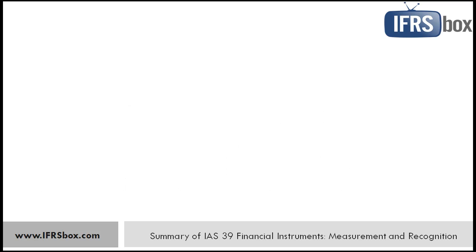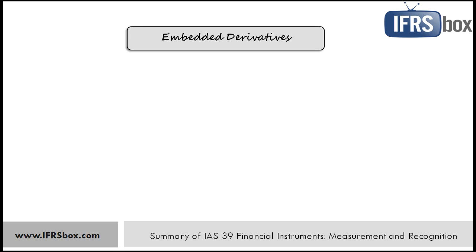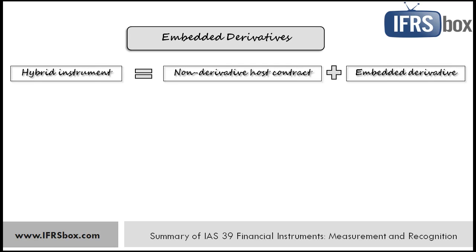Let's briefly touch the issue of embedded derivatives as arranged by IAS 39. An embedded derivative is simply a component of a hybrid instrument that also includes a non-derivative host contract. For example, a rental contract concluded for several years in advance with rental price adjustments according to inflation measured as Consumer Price Index in the European Union. The non-derivative part in this case is a rent of some property or facility. The embedded derivative part is then a forward contract indexed to the Consumer Price Index in the European Union.